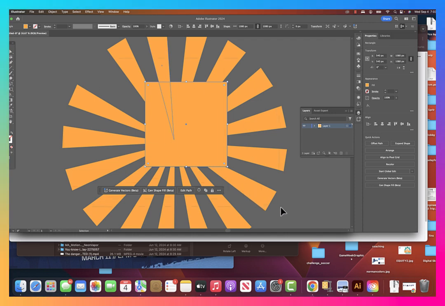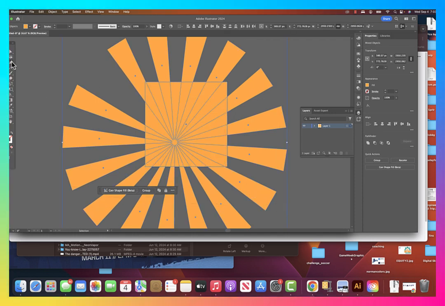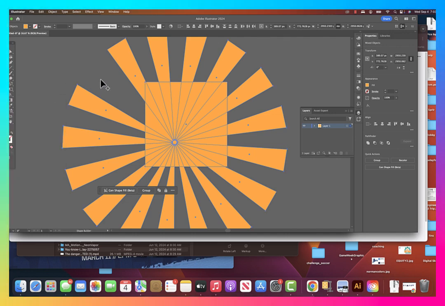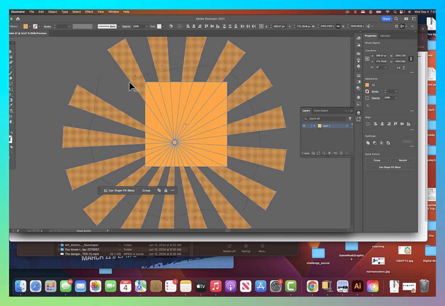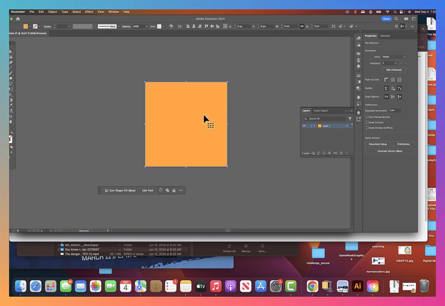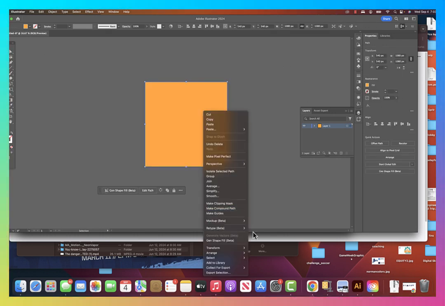So I drag through everything like that. And then I'm going to go to this tool that we used the other day, and it is the shape builder tool. And then I'm going to hold the option key down, and with the option key down, I can just draw through these pieces on the outside, and it deletes them, but it doesn't delete what's inside. So now I can take this orange square and arrange, send it back, and I'm going to change the